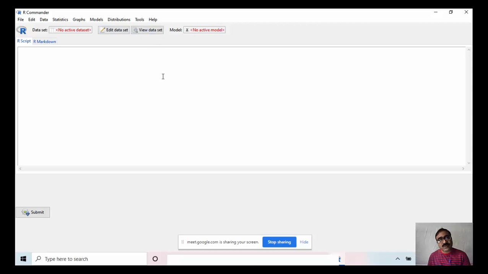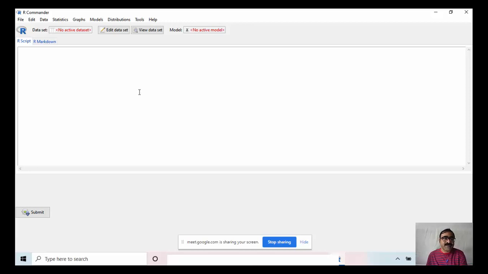Here we can also import the data set from other formats, from SAS, from Excel, from SPSS, also from a text file, from various sources. From the internet also we can access the data directly. Since all of us are working mostly with Excel, I will show you how to import the data from other files, specifically from an Excel sheet.